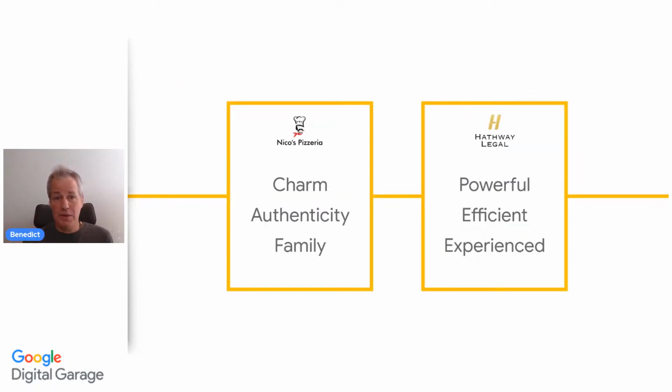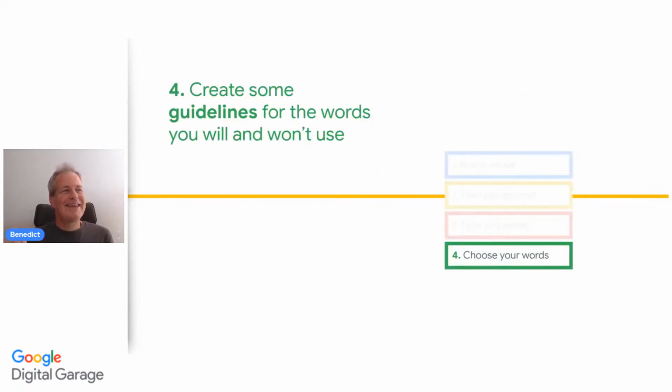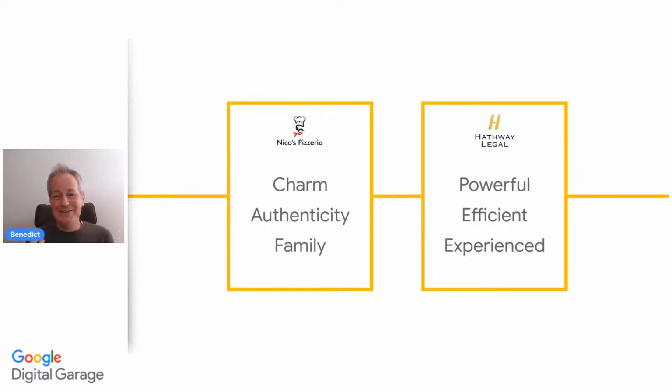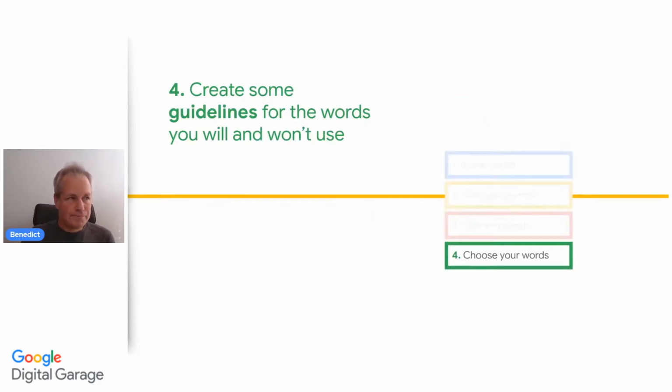So if you share with us some of those, I've got to watch the clock a little bit because I'm enlarging a bit too much on some of these, and then there's the 4th stage. But anyway, that gives you a chance. Do go through those and share them with us if you have a chance. The 3 words which really describe it. So here we've got charm, authenticity, family, powerful, efficient, experienced. I think in another of our talks we give a whole list of different words to help you, but that's to get you started.